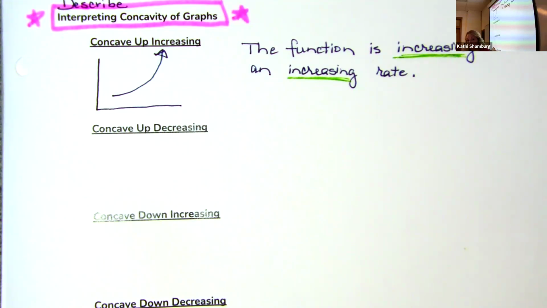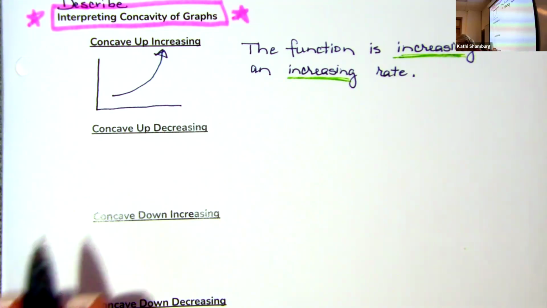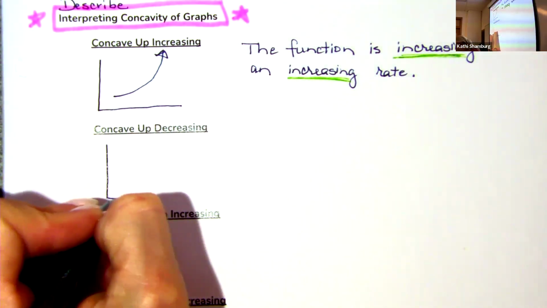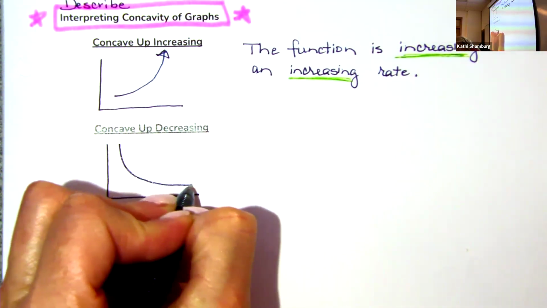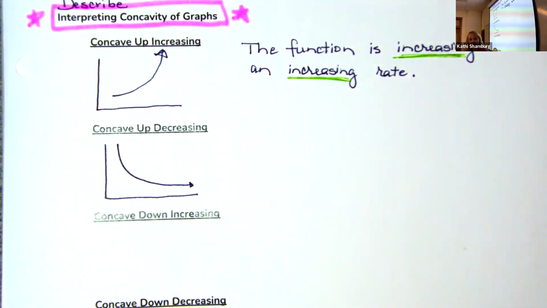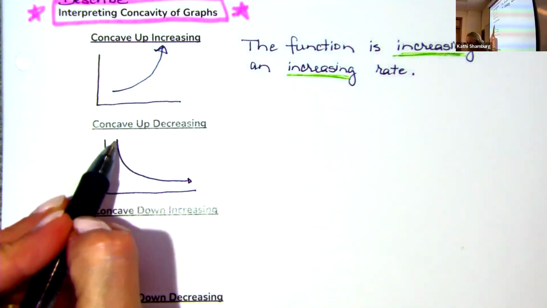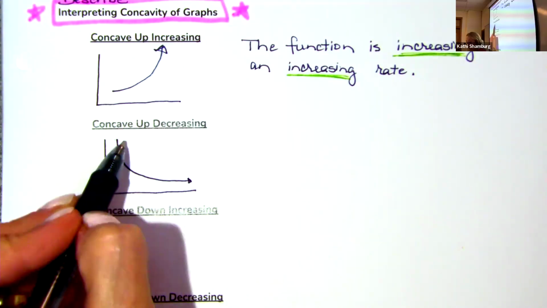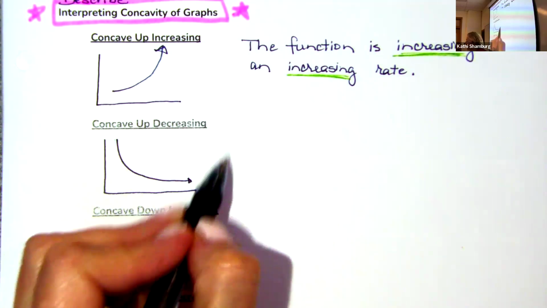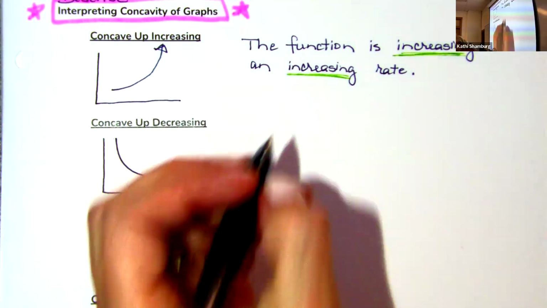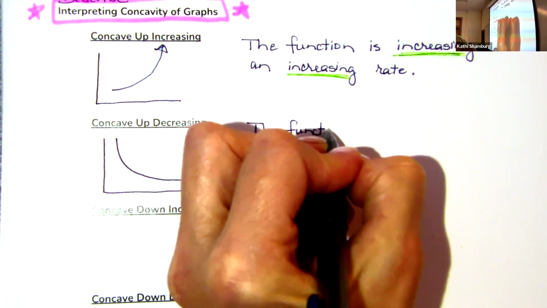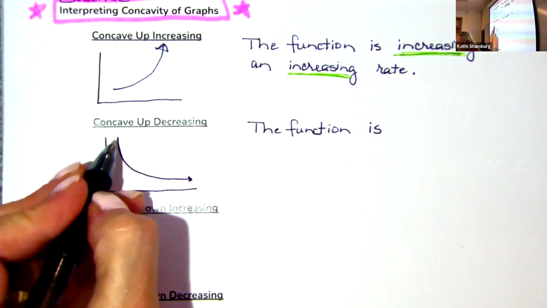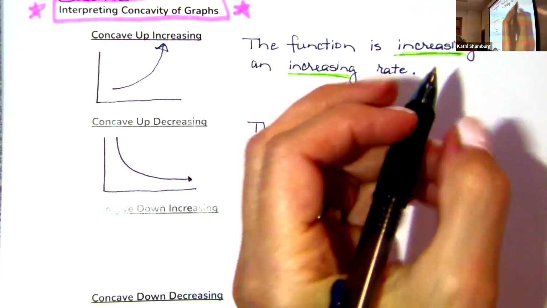another example is when we still have concave up, but now it is decreasing. So concave up, but it is decreasing. So that graph would give me an example of it's decreasing, it's going down, and my curvature is cups up, so it's concave up. All right, so in this case, I would say the function is, and if it's going downward, it is decreasing